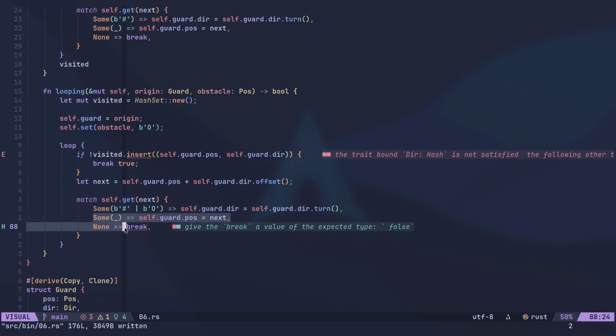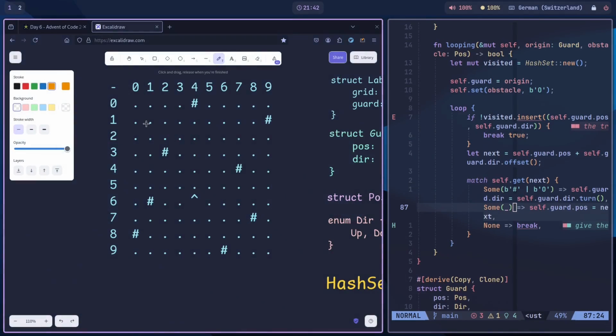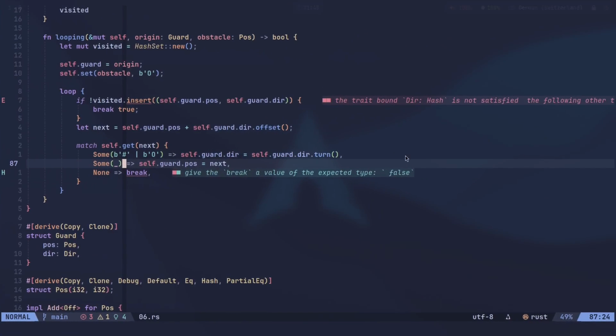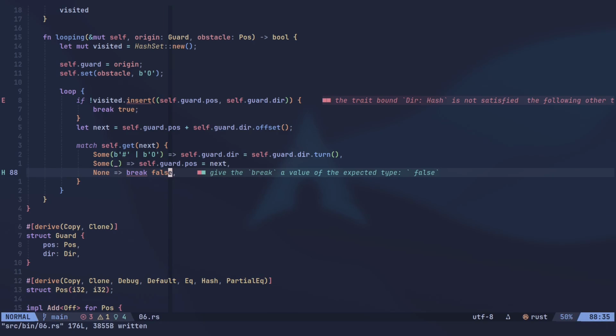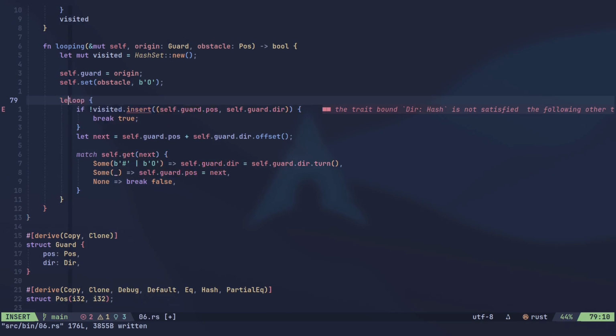If we match any other symbol, which are basically only dots, there is nothing else. We can't match the guard, because that is the position we are at the moment, but we are matching the next position, so it's not possible to match the guard. So if we match a dot, then we just update the guard position to next, otherwise we break to return false. And let's store that in a variable,